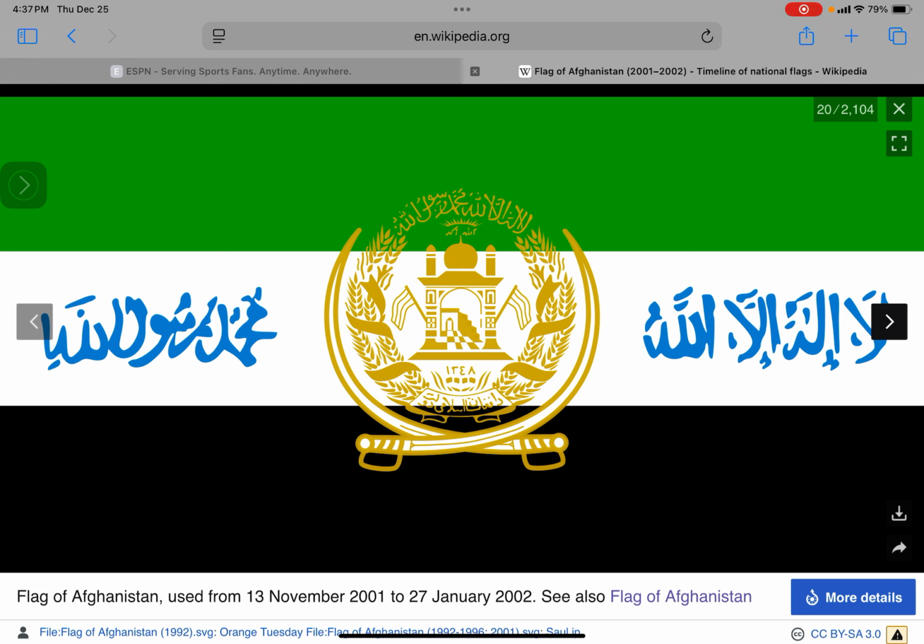2001 to 2002. The flag was changed. The Taliban is not here anymore. At the flag, there are some black, white, and green stripes. At the white stripe, there are the words